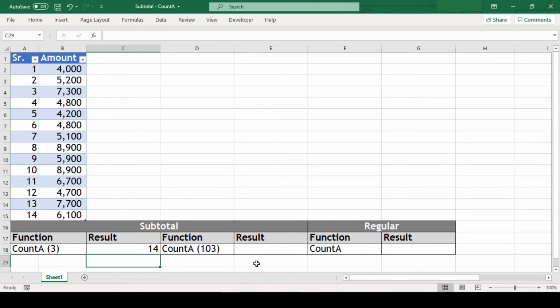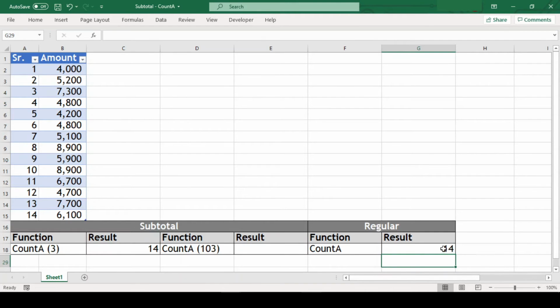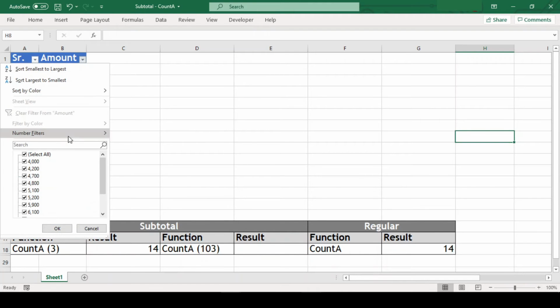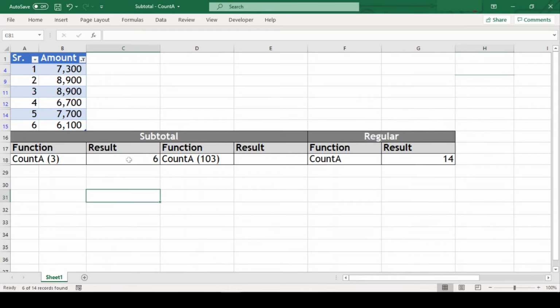Now the question is, how is the subtotal COUNTA function different from the regular COUNTA function? To understand this, let us get the count of the same range with the regular COUNTA function here. Equal to COUNTA, open parenthesis, B2 till B15, close parenthesis, and our result is the same with both the functions. Now let us apply a filter on our amount range and get only the rows which have amount greater than 6000.